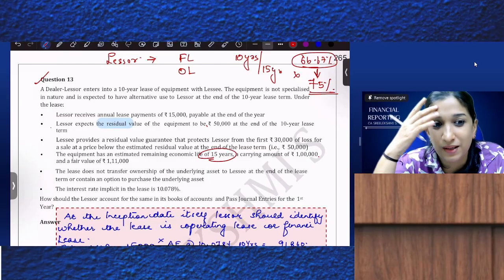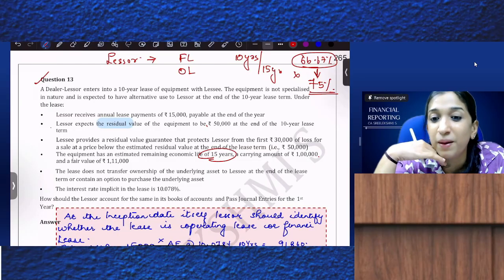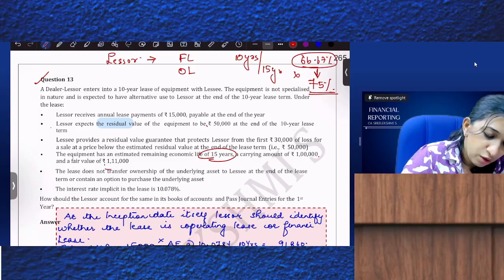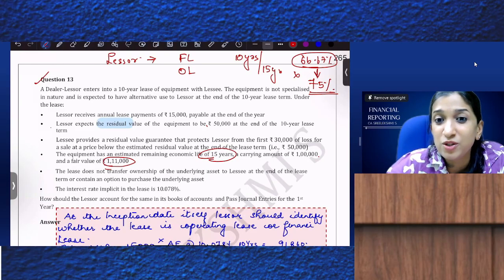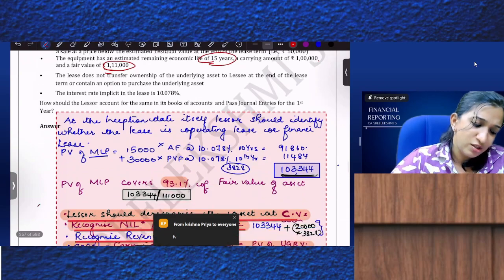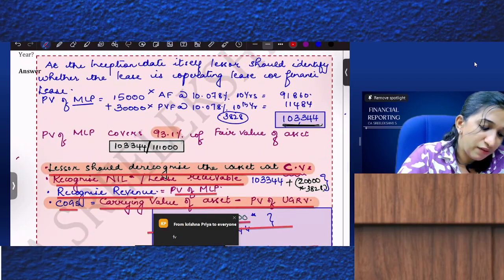Only one condition pending. What is that? Present value of MLP should be at least equal to the fair value of the asset. So here, present value of MLP